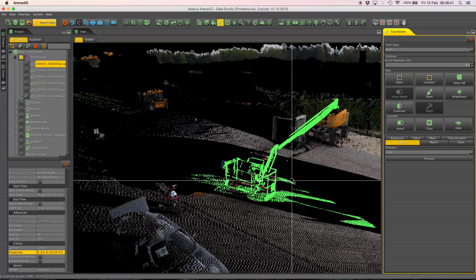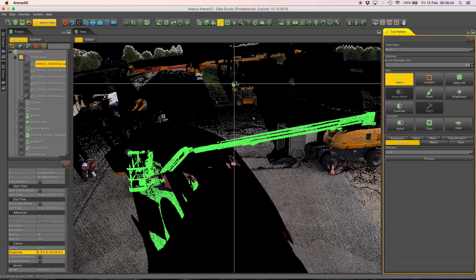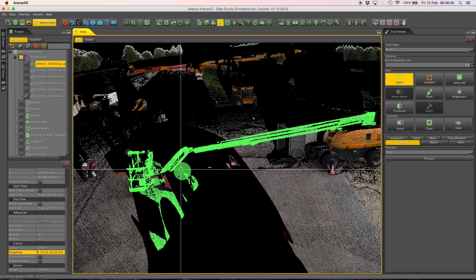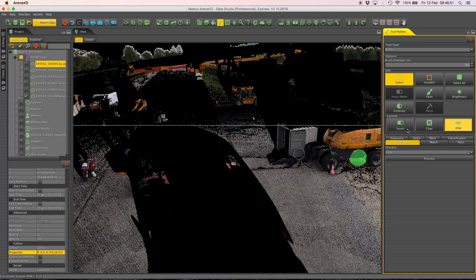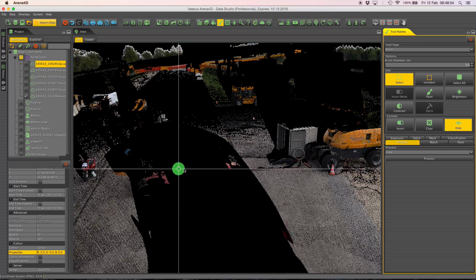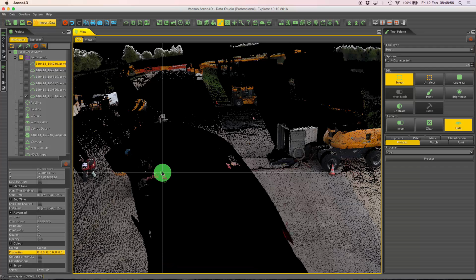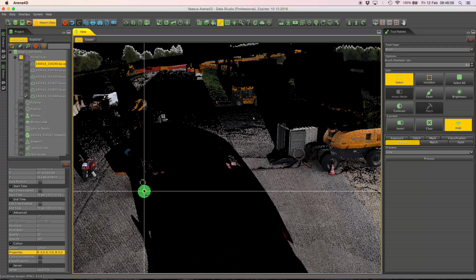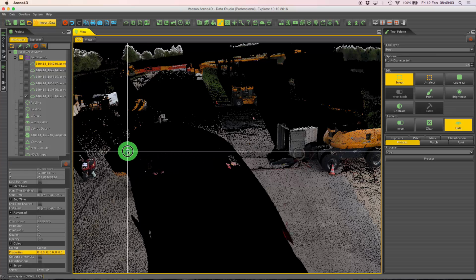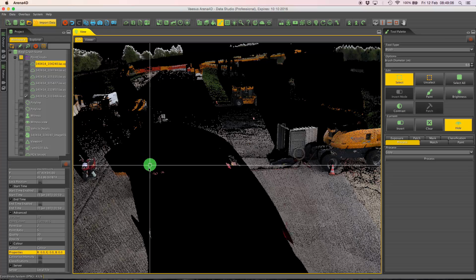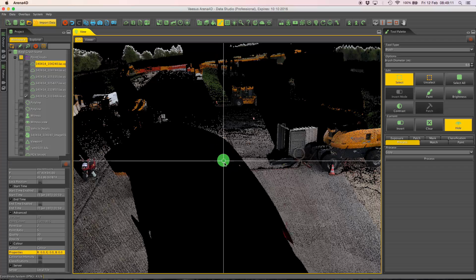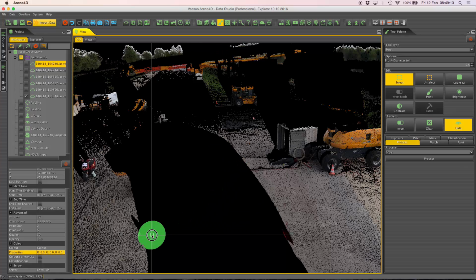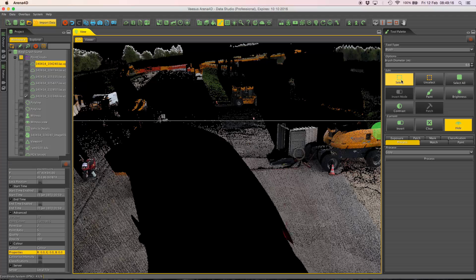Okay, so with it selected green, I can then remove the rest of this. I can then click the hide button. That's very good at showing you what you've missed. So now I can continue to select data that I've missed, and it disappears as I'm selecting now. It's very, very handy for figuring out what you haven't selected and what you have selected. So I'm just going to get rid of all of this spurious data, including this part here,